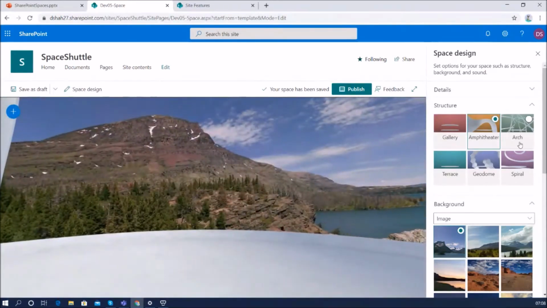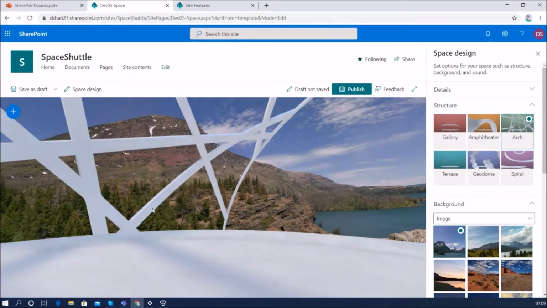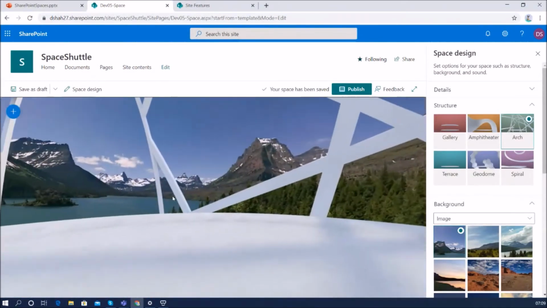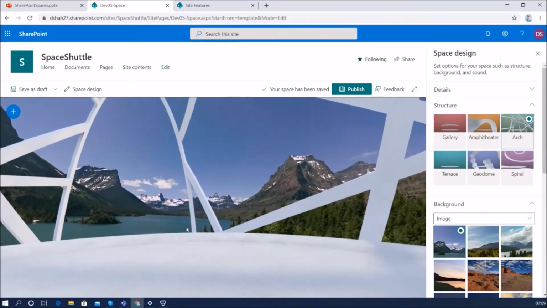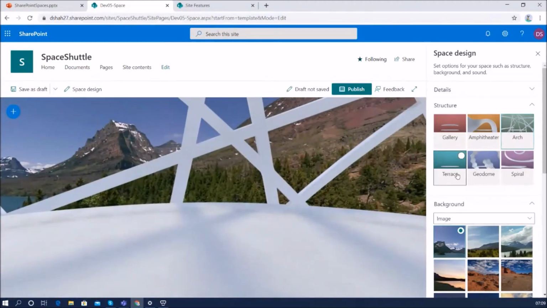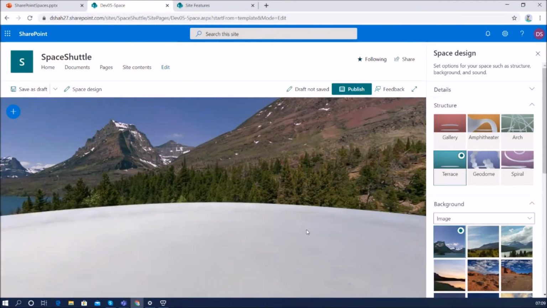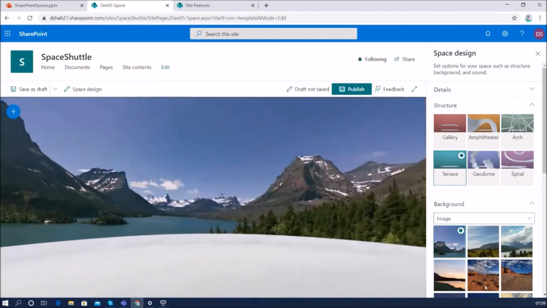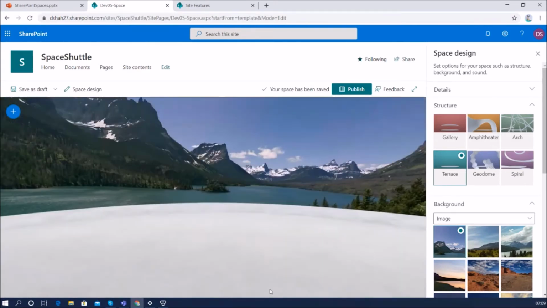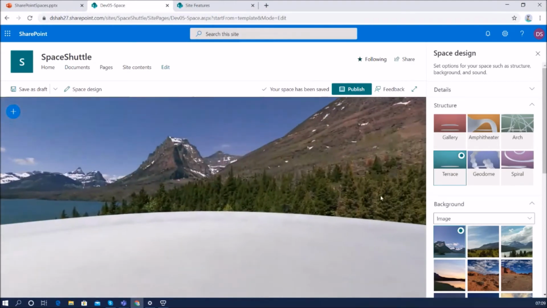In the same way, if we select arc, you can see that this type of arc has been created, and it feels like we are experiencing an arc structure where all the elements are added. Same way terrace provides a terrace structure, an experience like we are sitting on top of the terrace and viewing the entire thing.